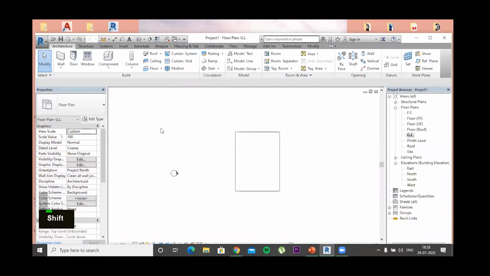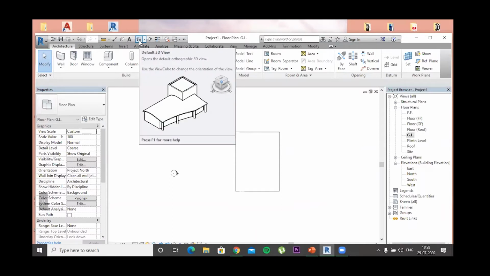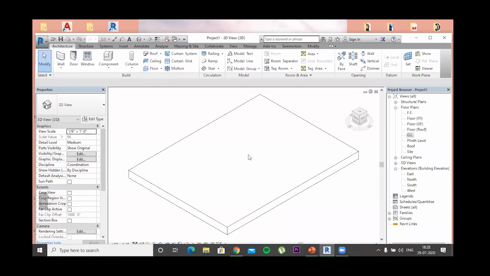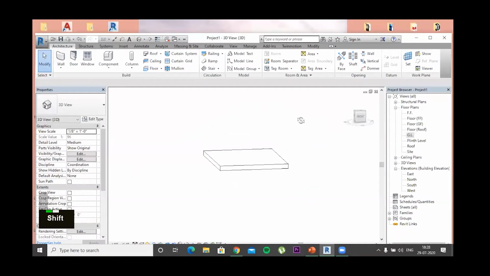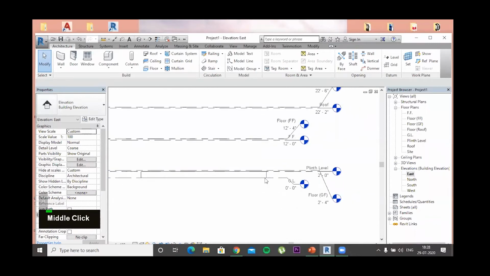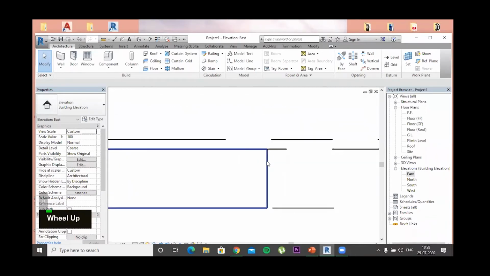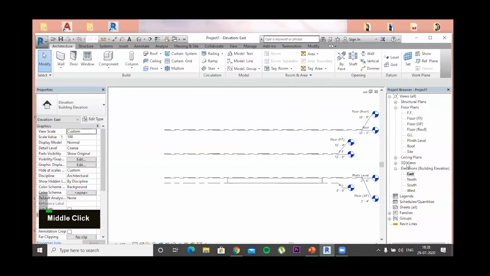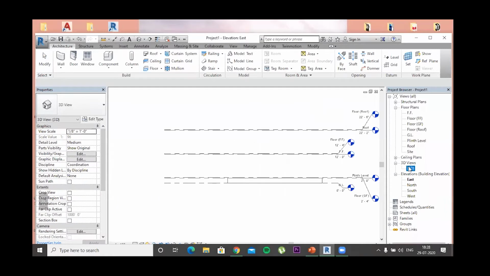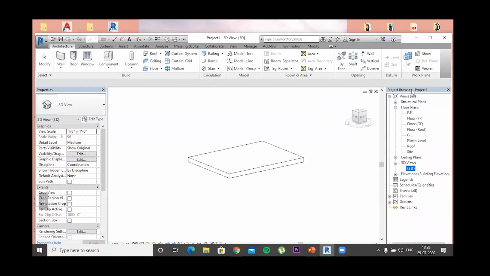We can view it in 3D. On the top of your screen, you will see a default 3D view option. When you select this, you will get a 3D view of what element you have already created here. You can also check in the elements whether this is on the plinth level or not. So it is exactly on the plinth level. Then again, from here in the 3D views, you can go to 3D directly. So this project browser is used to change between different types of floors and views. Okay. Now in 3D view,